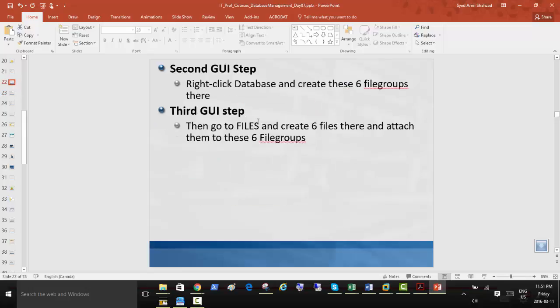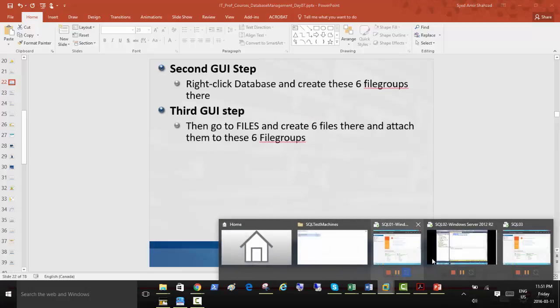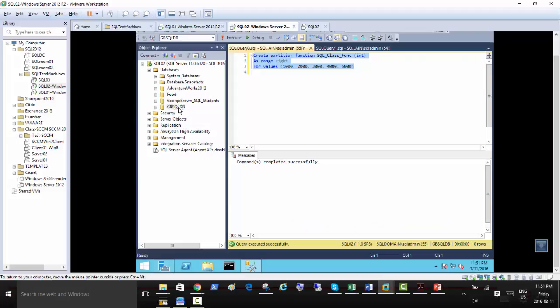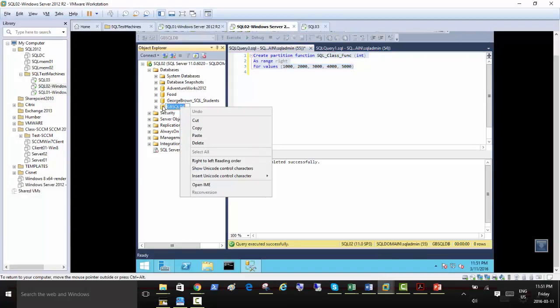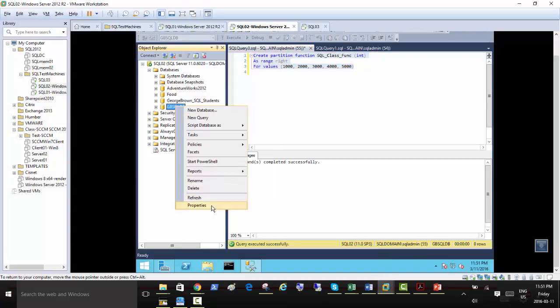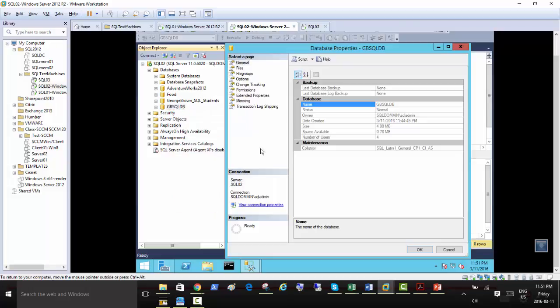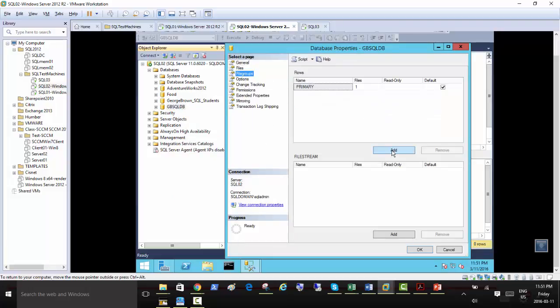So I'm just gonna go back and create those in that newly created database. This is the database, right click, properties, and then go to file groups. Here I'm just going to add 6 times, 1, 2, 3, 4, 5, 6, and let's just start creating file groups.